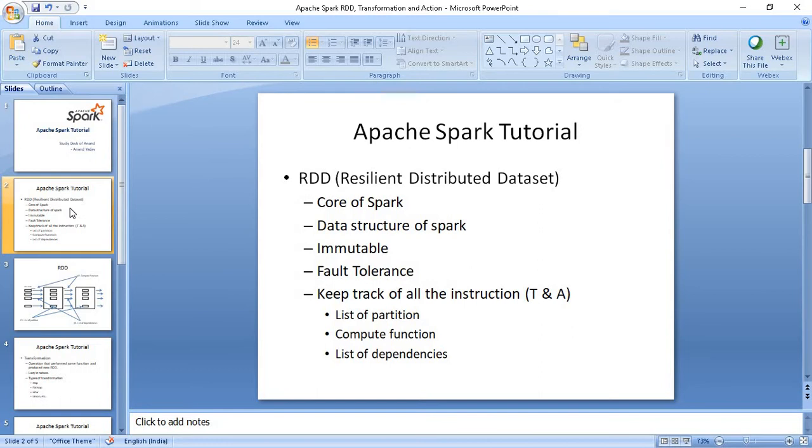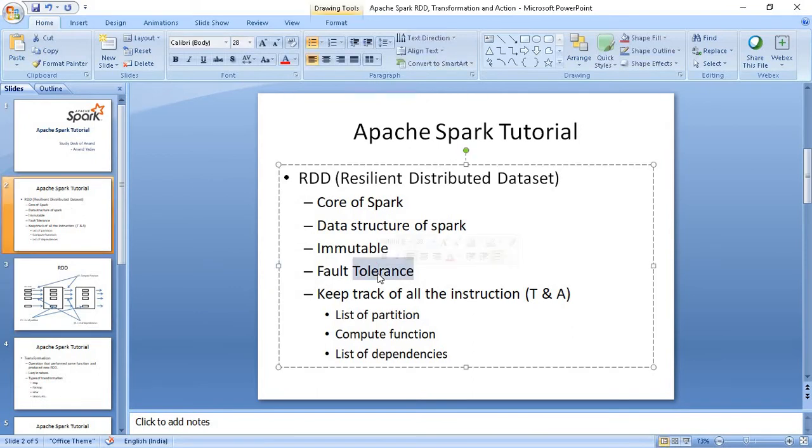So if we want to perform another operation, we need to build a new RDD. And it is fault tolerant in nature, which means if due to some reason a failure happens, RDD can recover from that failure. How it recovers, we will see next.